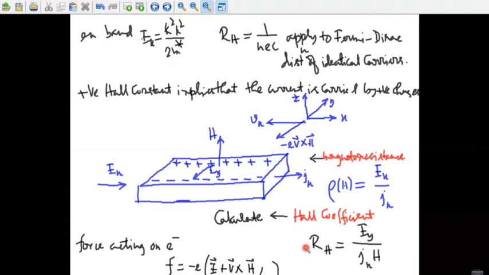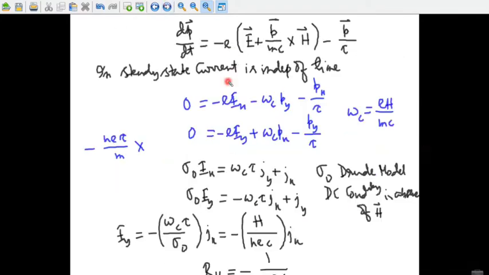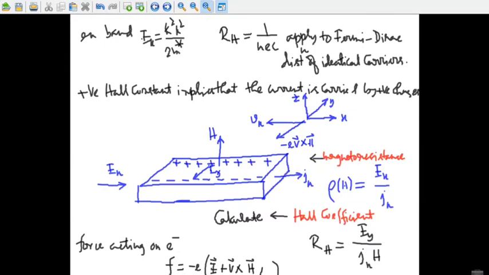So to calculate the Hall coefficient, RH equals 1 upon nec, and the magnetoresistance, we first find the current density components Jx and Jy in the presence of an electric field with arbitrary components Ex and Ey, and in the presence of the magnetic field H along the z-axis. The force acting on each electron is F equals minus e times the electric field